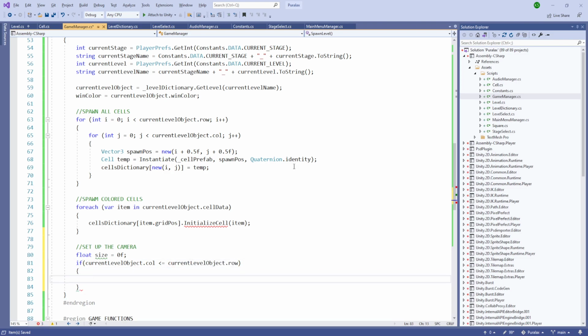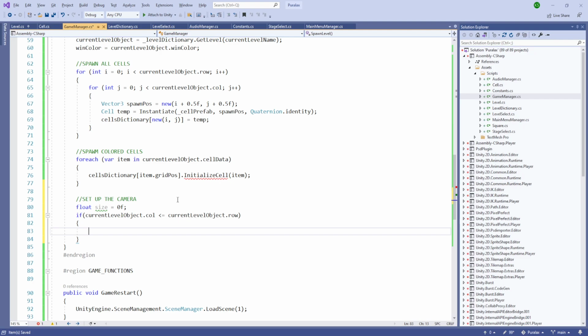So that means the number of cells in our column is less than the row, then our size is going to be current level object dot column, and not the column, the row. So the column is less, that means our row is higher, so we'll select the size by row, divide by 2 plus 2.5,